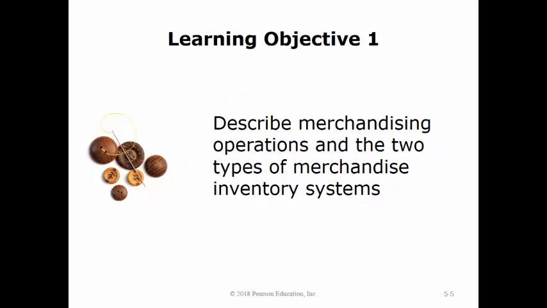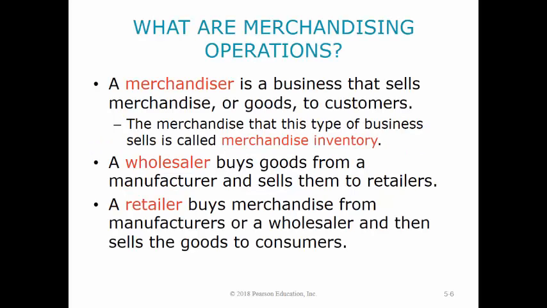In the first section, we will describe merchandising operations and the two types of merchandise inventory systems. A merchandiser is a business that sells merchandise or goods to customers. The merchandise that a business sells to customers is called merchandise inventory. A wholesaler is a type of merchandiser that buys goods from manufacturers and then sells them to retailers. A retailer is a type of merchandiser that buys merchandise either from a manufacturer or a wholesaler and then sells